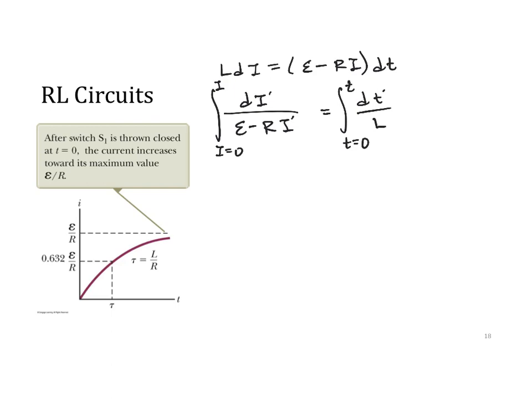So when you do that integral, you get some very ugly stuff. On one side, you get negative 1 over R times a natural log of epsilon minus IR over epsilon. And on this side, you just get t over L. Right? So as you do the work of rearranging this, and I'll just give you a dot, dot, dot, you're going to get to a point where you have